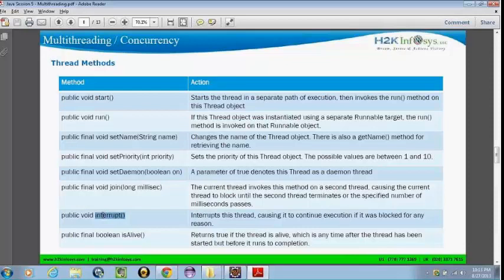When we start the thread, the isAlive method returns true from the starting of the thread till the run method is completed.